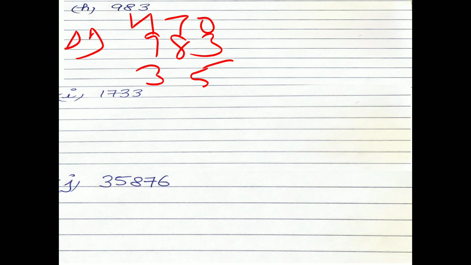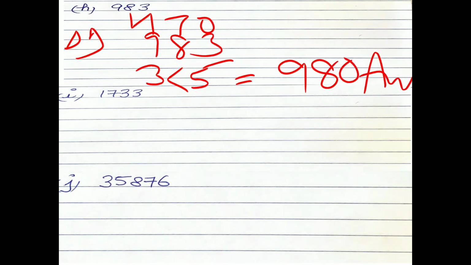In H part also we do the same thing. Write down 9, 8, 3. Write down ones, tens, 100. Compare which place? Ones place with 5. Is your digit greater? No. So you will not add 1 on the tens place. So it will come as it is and the ones place number becomes 0. Clear? Now students, we do I part.